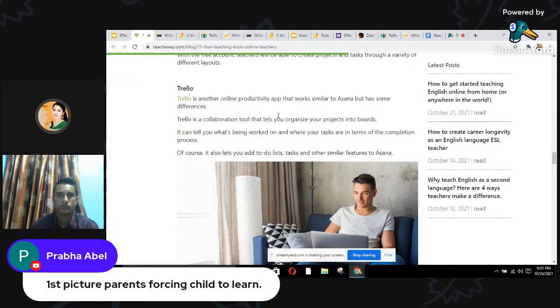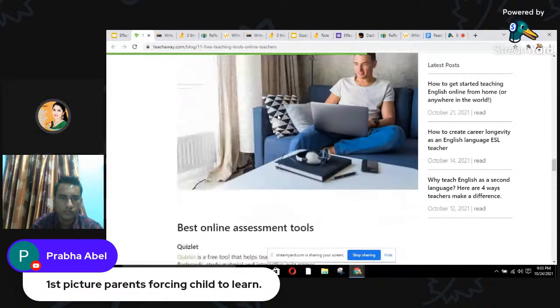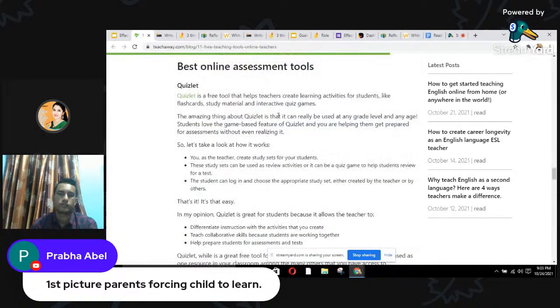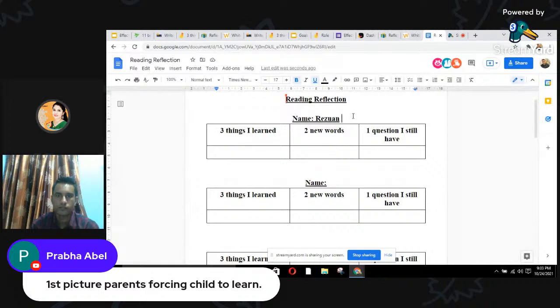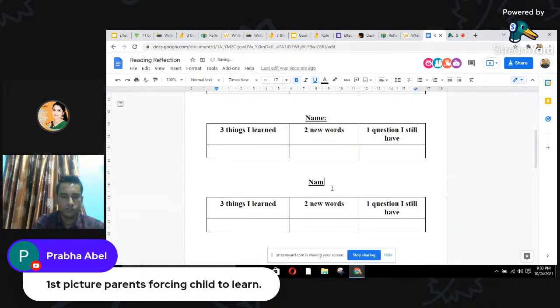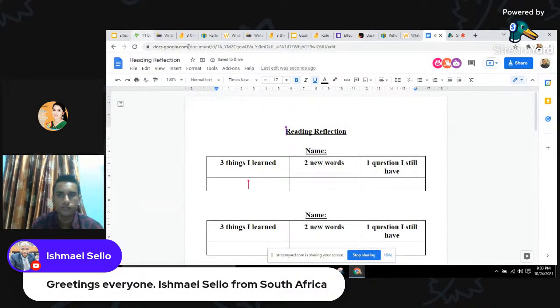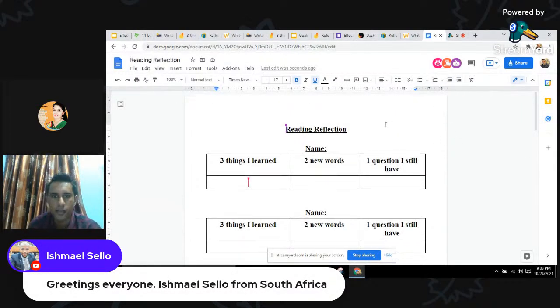So here is a Google Doc coming your way. Use the chat box and you can see the Google Doc. In the Google Doc, there is an option of sharing your reflection using the 3-2-1 strategy, as explained by Rizwan. So feel free to share your thoughts using that strategy, and here we can see your collaborative reflections. Write your names, please. I can see many people have joined now.